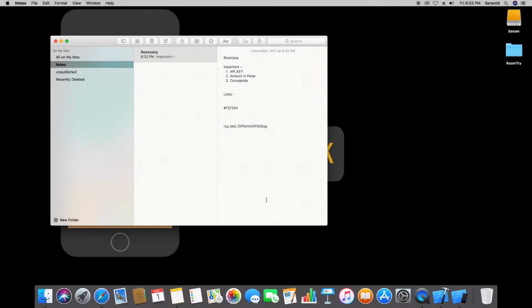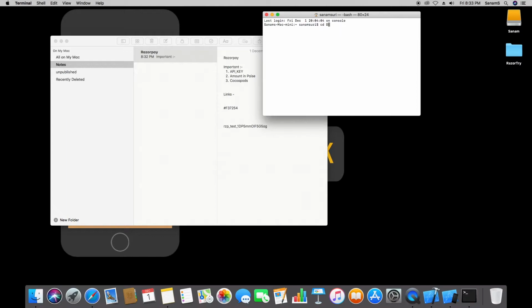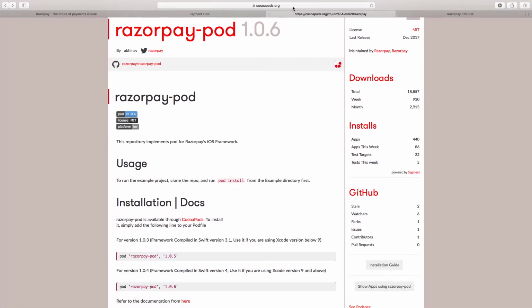Razorpay pod. So we can do it using terminal or the pod file. I'll be using terminal for this one. Let's open our terminal, cd desktop, Razorpay, pod init, and this is the link for